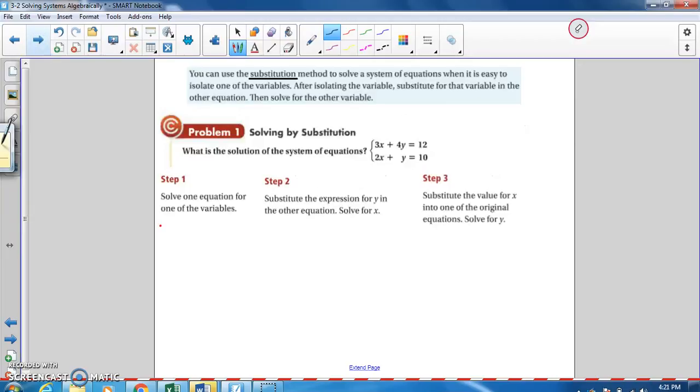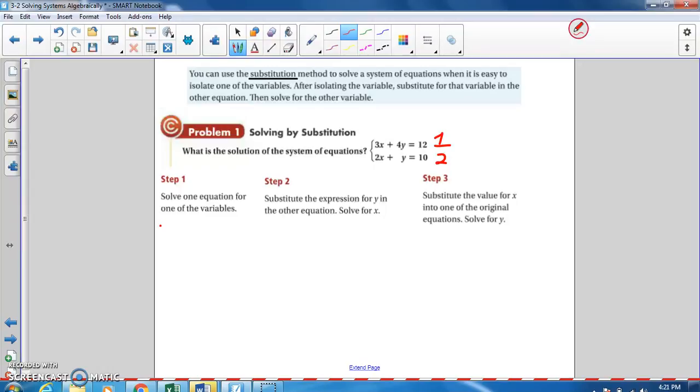So you can use the substitution method to solve a system of equations when it is easy to isolate one of the variables. After isolating the variable, we substitute for that variable in the other equation, then solve for the other variable. So we have a system of equations, 3x plus 4y is equal to 12, and 2x plus y is equal to 10. I'm going to go ahead and number these equations 1 and 2 so it's easy to refer to them. In equation 2, I see that y is by itself, therefore it would be most convenient to